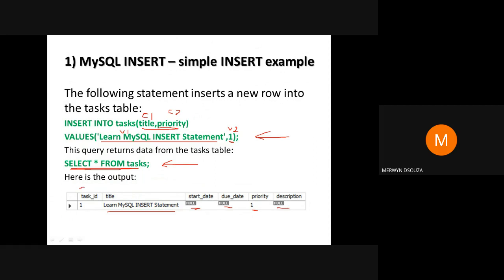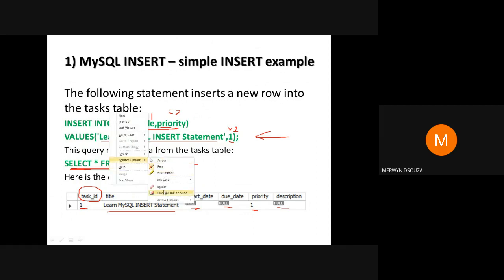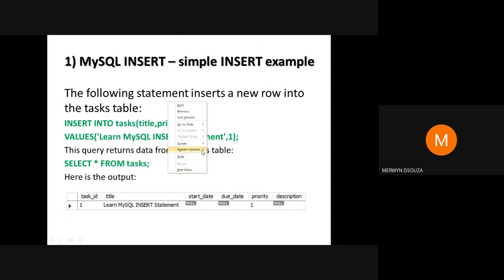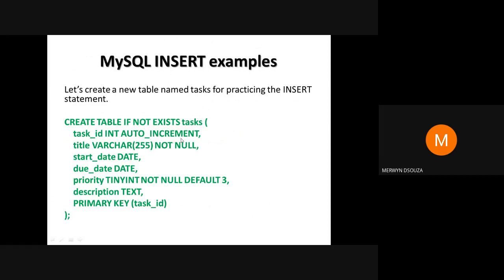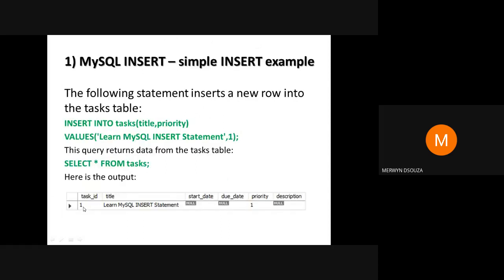We didn't specify the value for the primary key either, but since we had set the auto increment keyword while creating the table, since the first row has been created, automatically the value will be stored as 1. As you can see here, because of this auto increment, the task ID will be incremented by 1 every time a new row is inserted.